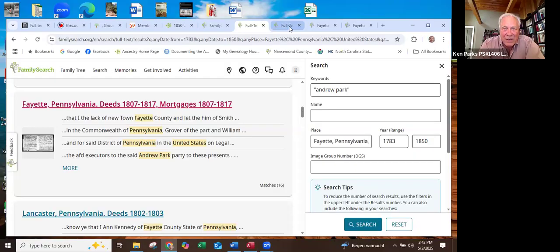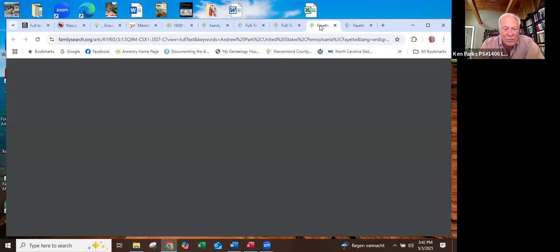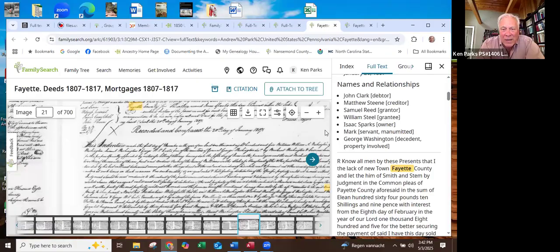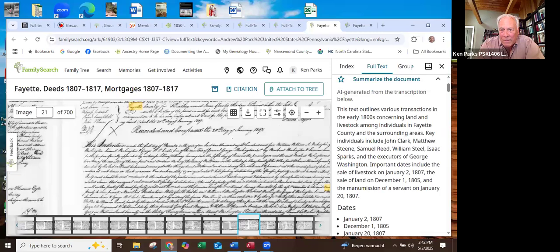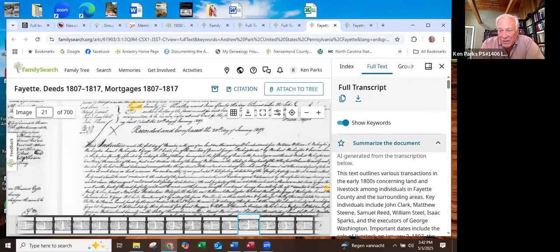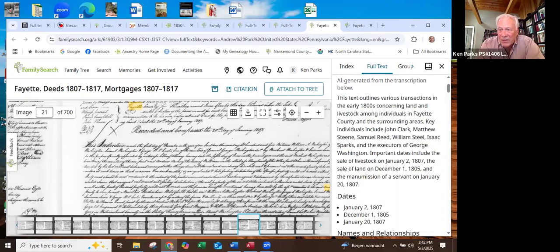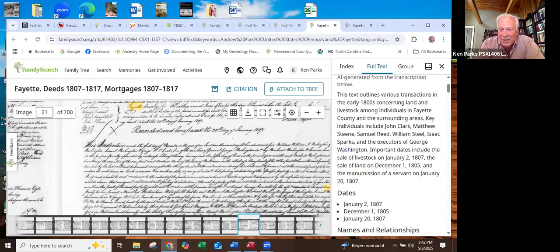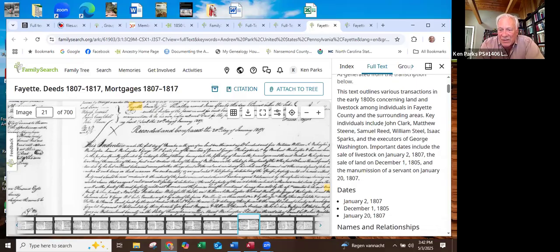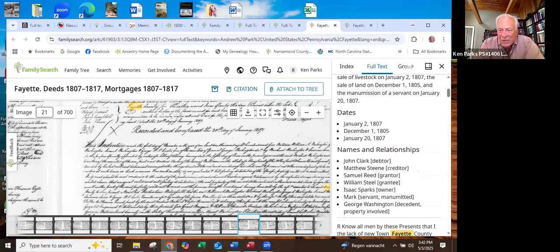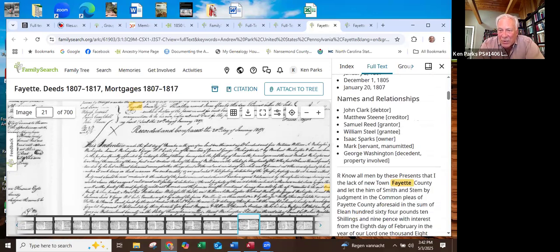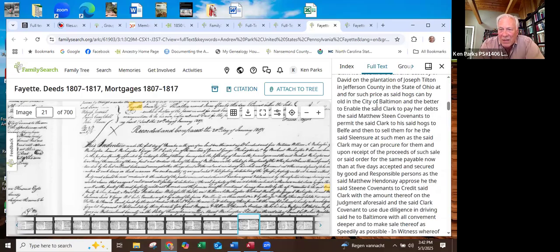Now, I think I may already have this one up on another page. And when you do, then again, over here, you're going to see I've done a summarization of the document. I chose that. The text outlines various transactions in the early 1800s. The dates given are 1807, 5, 7. Some of the names and relationships. It doesn't mention Andrew Parke in the summarization, but